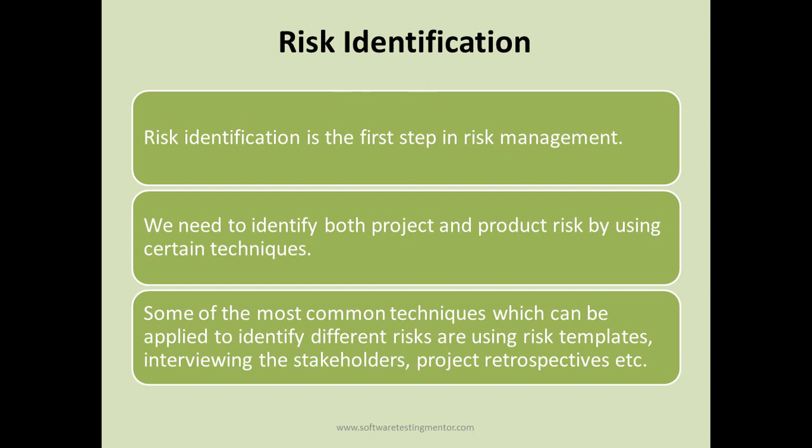Some of the most common techniques which can be applied to identify risks are using risk templates that we discussed in previous slides. So you can have a risk template based on different functional and non-functional characteristics of software, and then you can do one-on-one sessions. You can interview different project stakeholders, high technical members of the team, and domain experts in the organization, and understand what are the most common kinds of risks for the user stories or the requirements that you want to implement